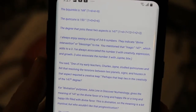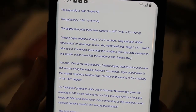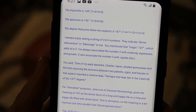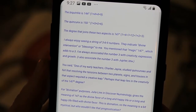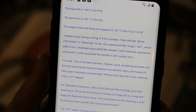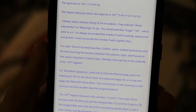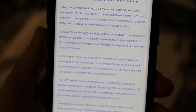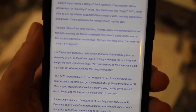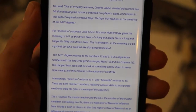The biquintile is 144 degrees. The quincunx is 150 degrees. The degree that joins these two aspects is 147 degrees. So I always enjoy seeing a string of 3, 6, 9, because if you get the digital sums of those numbers, right? And so they talk about, now there's something to do with being comedic, having comedic qualities, a lot of comedians have these quincunxes, but also